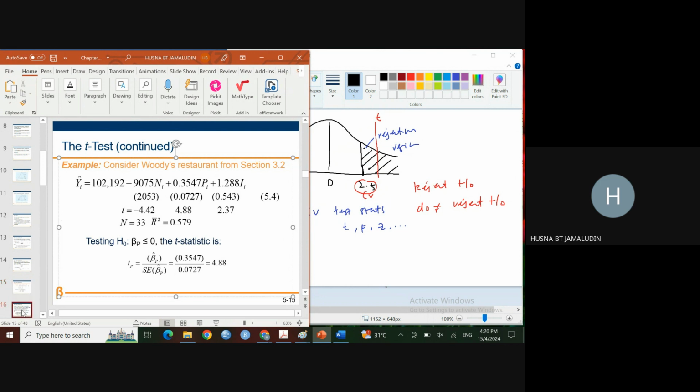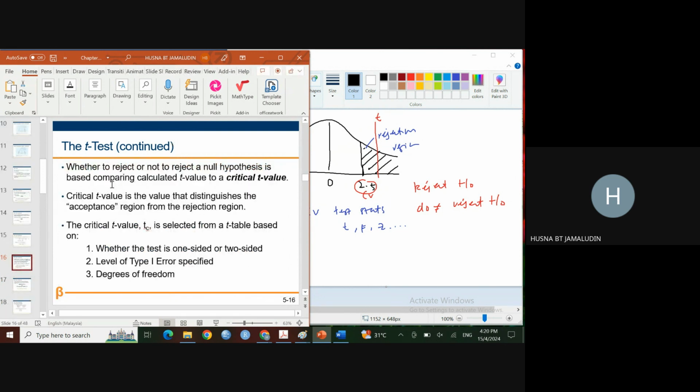Okay, next. Whether to reject or not to reject the null hypothesis is based on, of course, comparing your T value with the CV, the critical T value. So CV will distinguish the rejection and acceptance region. Well, this is repetitive. I should actually delete this, right? Okay, so